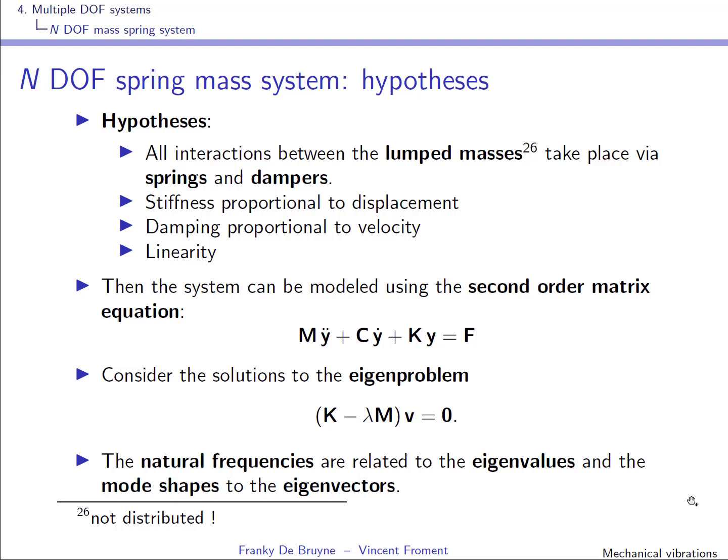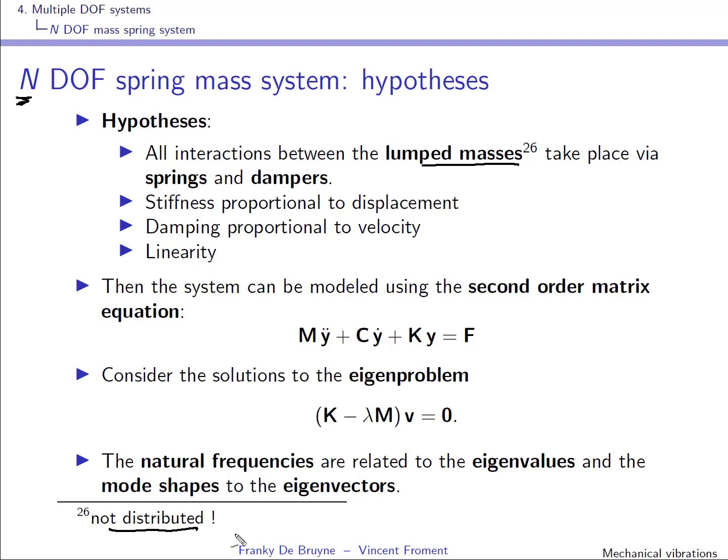Well, we can generalize what we have been doing for a 2 degree of freedom spring mass system to a system with n degrees of freedom. The assumptions that we are going to make is that we're working with lumped masses, not distributed masses. Well, in the next section about systems with distributed mass, we'll see that those systems have an infinite number